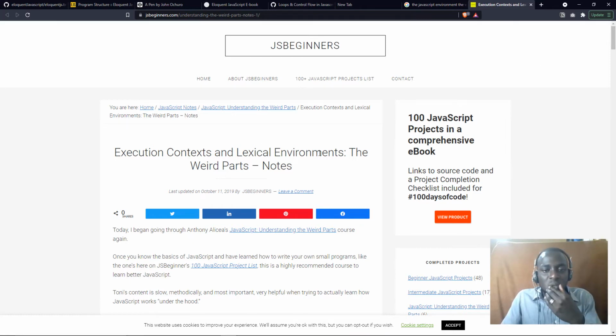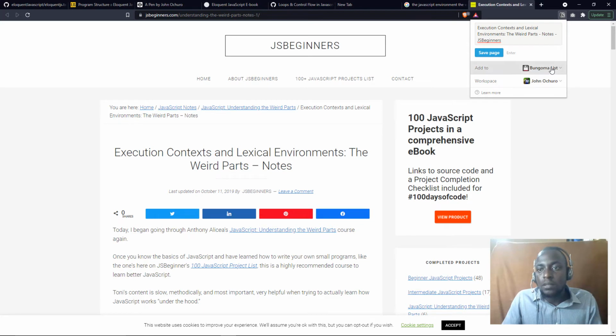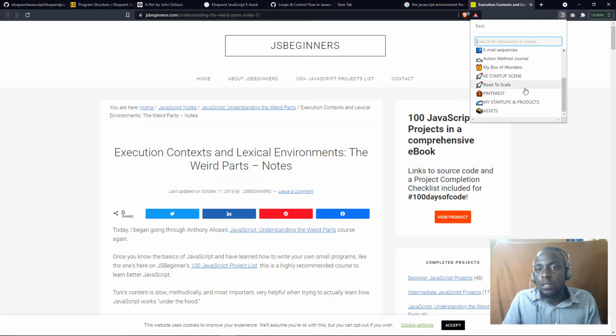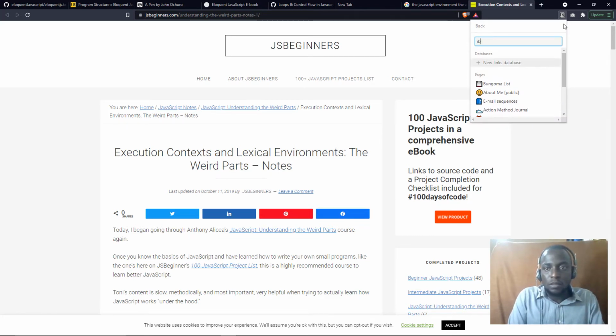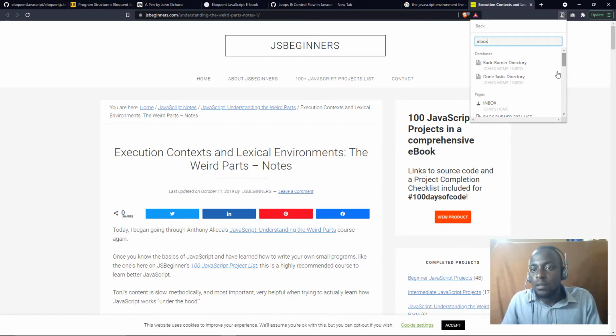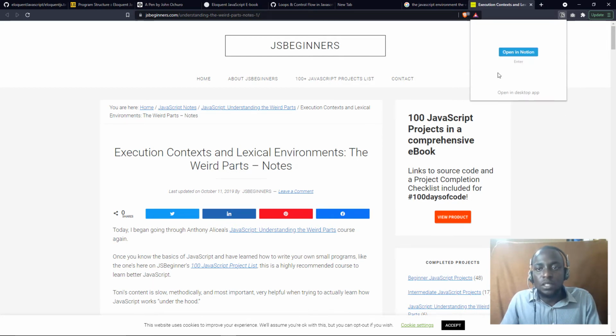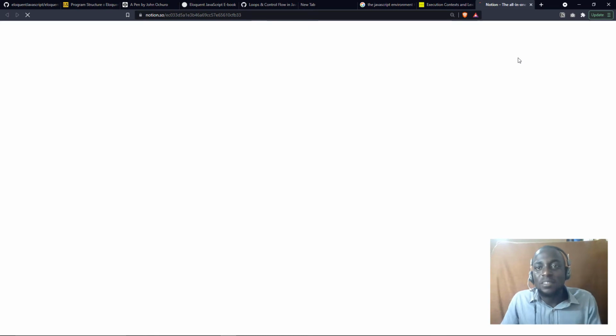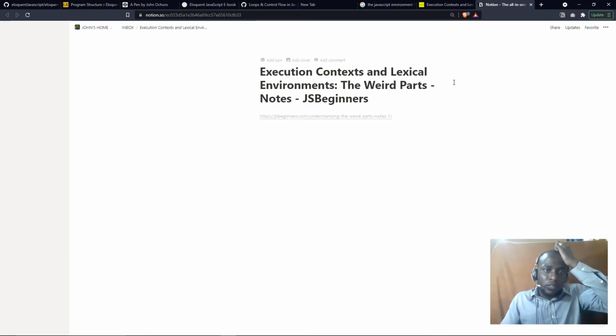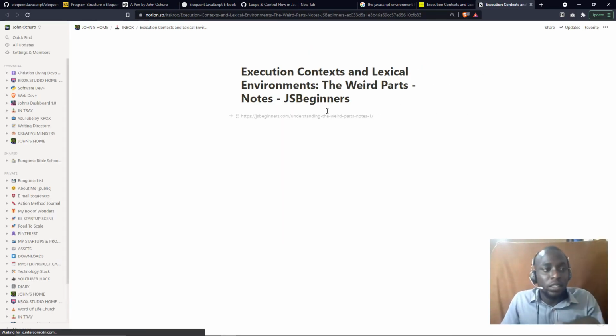So what I'm going to do, because I got Notion, I'm going to save this page on my Notion, and then I want to save it to my inbox. All right, here I want to save it to this page, and I say save page. That's going to save it, and that's pretty cool. So if it saves it, I'm going to copy the entire notes,